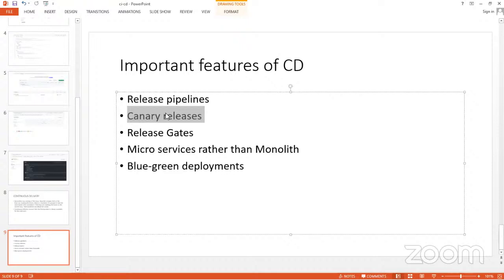Let's just use that term. So anytime a new change has been made, anytime the CI stage has been passed and we're moving to the CD stage, they will first be the ones to receive the new changes and the new development that has been made to the code base. So based on the feedback gotten from the canary, that's when we now make a full release to